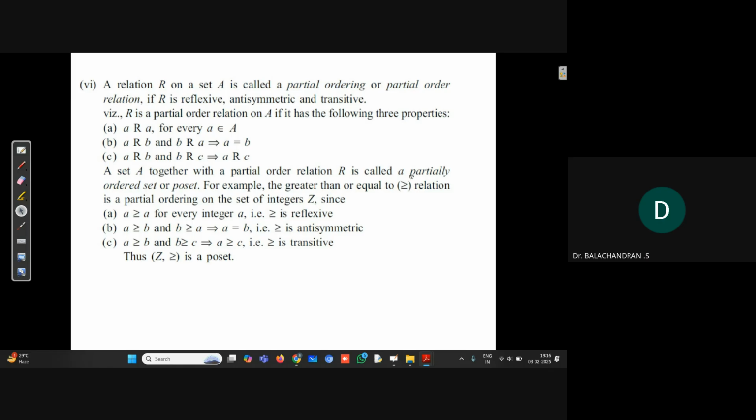or you can say simply a poset. Okay, and then I told you why it is called a poset: first letter P, then O, and then set. That's why it is poset. Okay, now